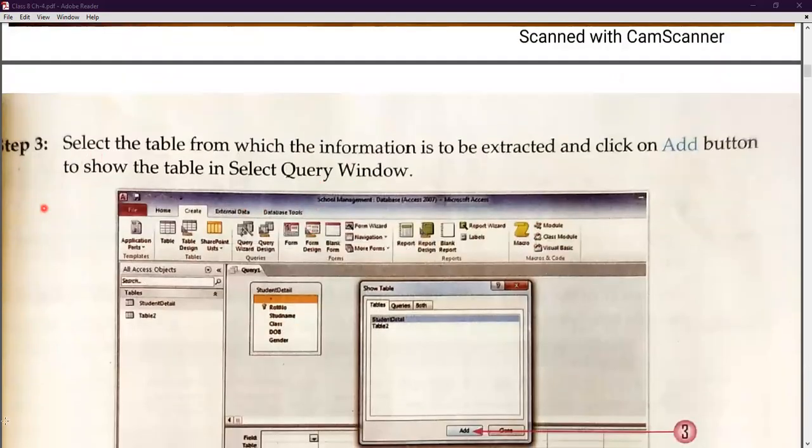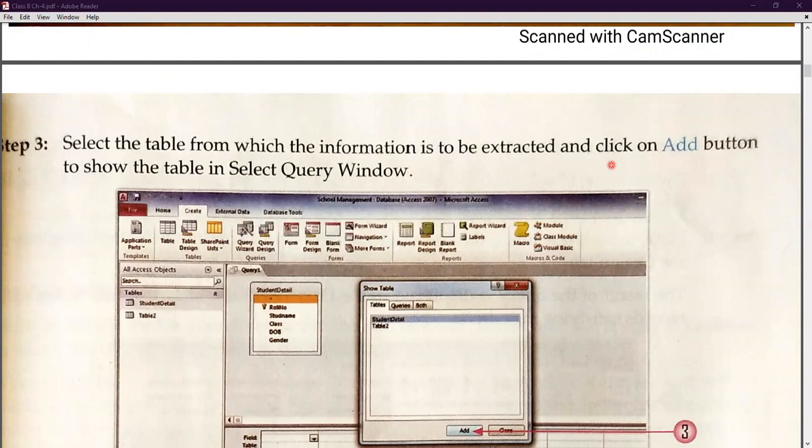In step 3, select the table from which the information is to be extracted and click on the Add button to show the table in the Select Query window. That means now we select the table on which we are going to run the query. For instance, we have selected Student Detail. Now you will find a small dialog box, and in that small dialog box, you will find the Add button.